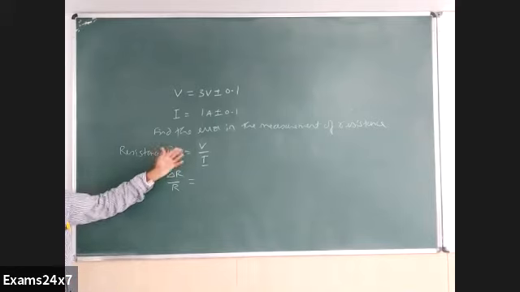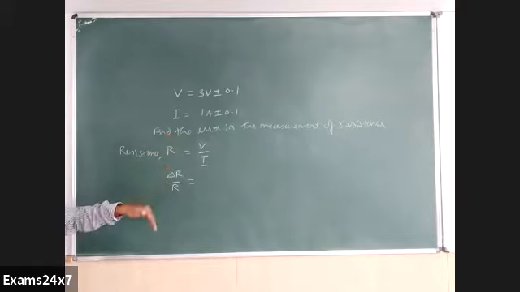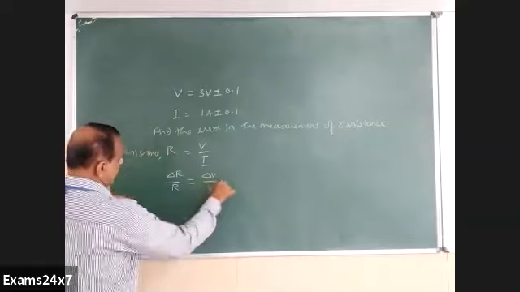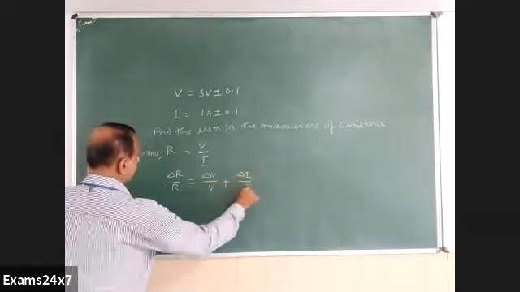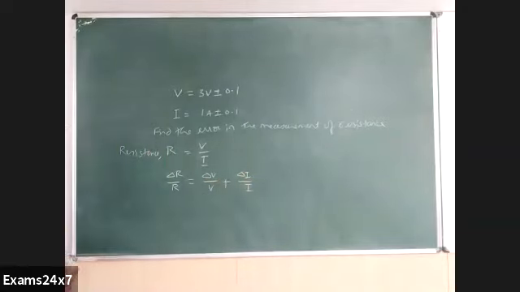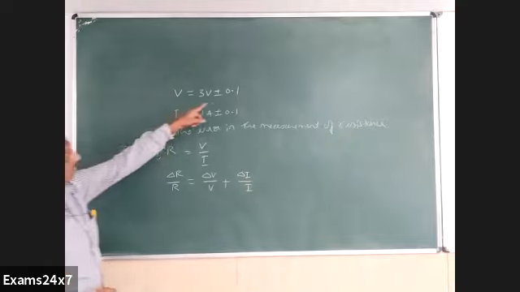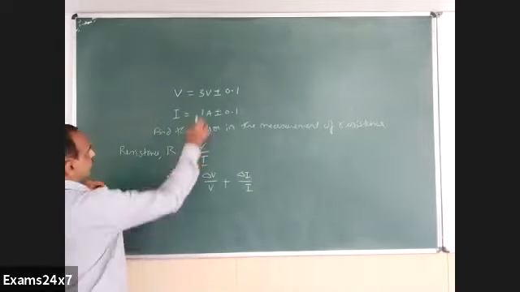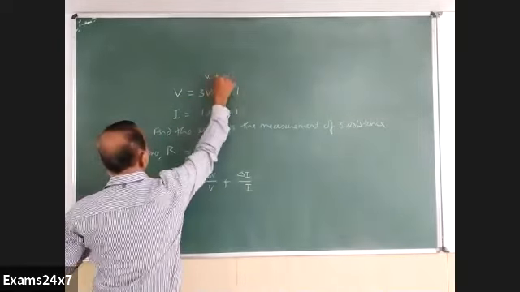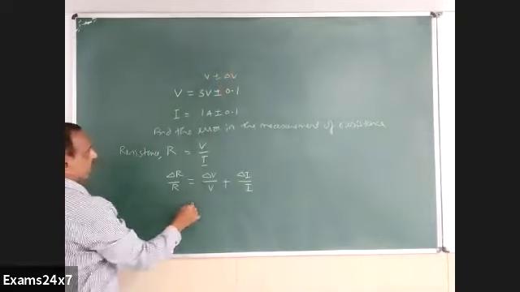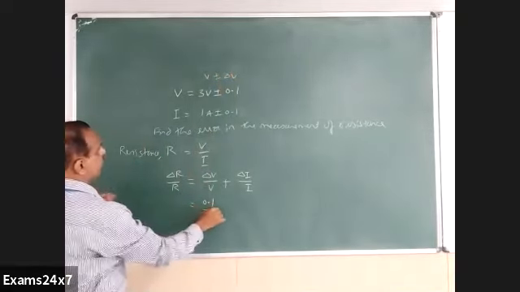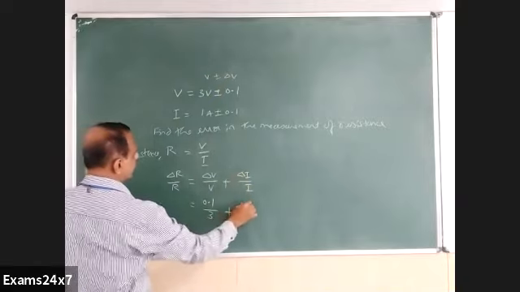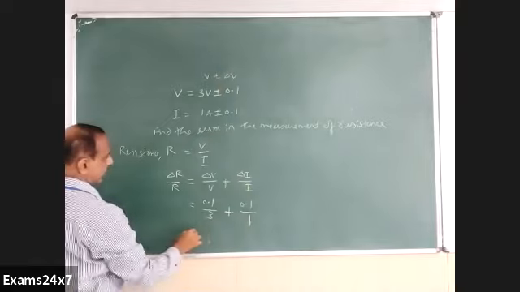So this is like our Z equal to A divided B kind of thing. What is it? Delta V by V plus delta I by I becomes this delta R by R. What is delta V? That error factor mentioned along with the number 3 volt. That is delta V. So this is in the form of V plus or minus delta V actually. So delta V by V becomes 0.1 upon 3 plus delta I by I, once again 0.1 by 1, and that becomes